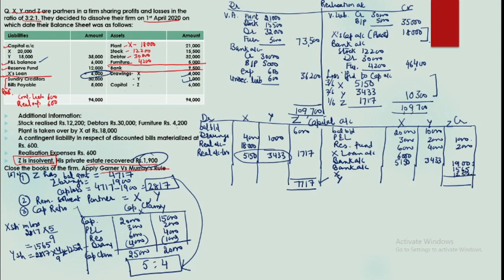Alright, so this loss is borne by X and Y. So in X and Y's capital account, this loss will be debited. Okay, so Z's capital account. Okay, so this is how we have worked. Now Z's account is done. His account is complete because whatever he could bring, he brought it. Remaining is his loss, which we have adjusted. Now we will be closing accounts of X and Y. So we will calculate their final balances.